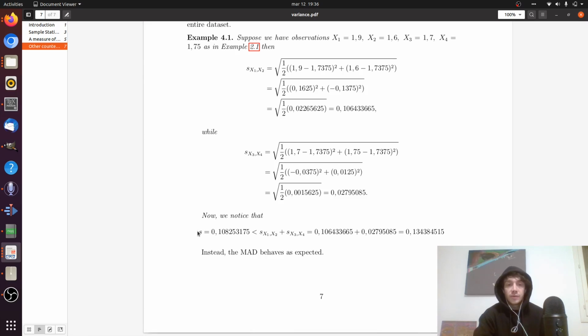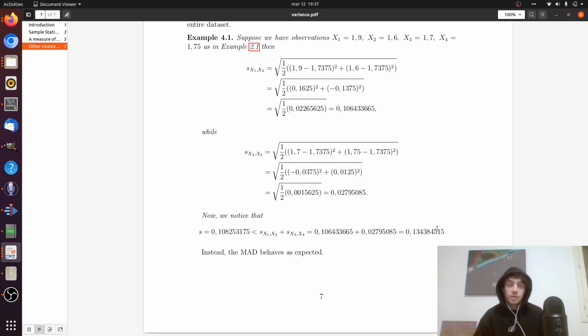Now notice that this is the sample standard deviation computed on the whole data set, which we have already computed before. And this number is going to be less than the sum of the standard deviation computed on the partitions that we made of the data, the first two and the third and the fourth. So again, this is a counterintuitive fact about standard deviation,